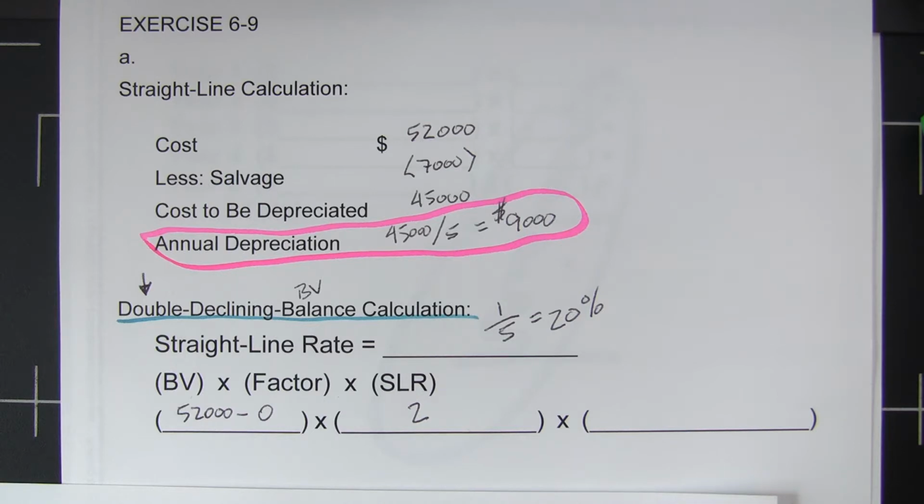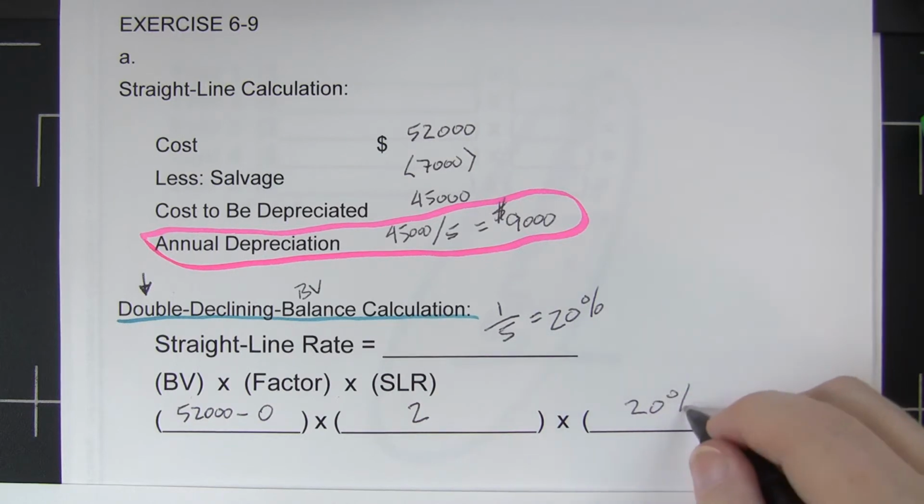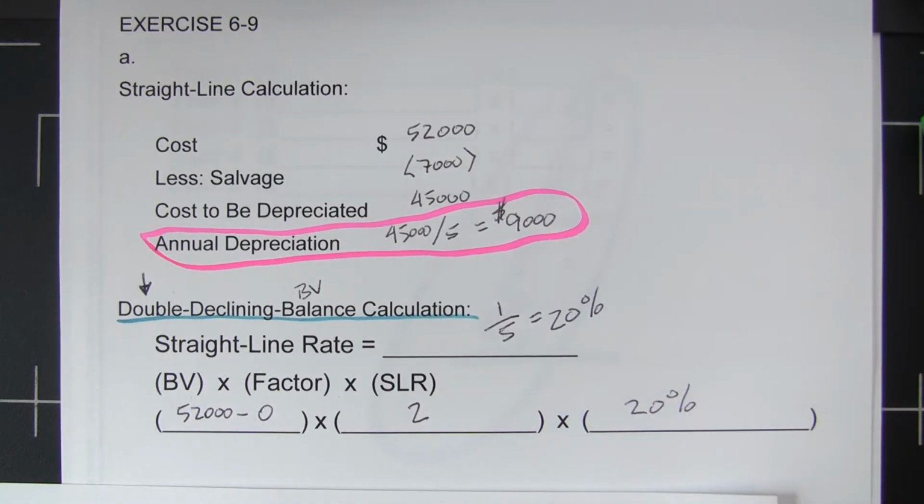It's their favorite expense because it reduces their taxable income, but you don't have to write a check for it. There's no such thing as the depreciation collector, so you don't have to do that. And the straight line rate is 20%. So we're going to do that every year,